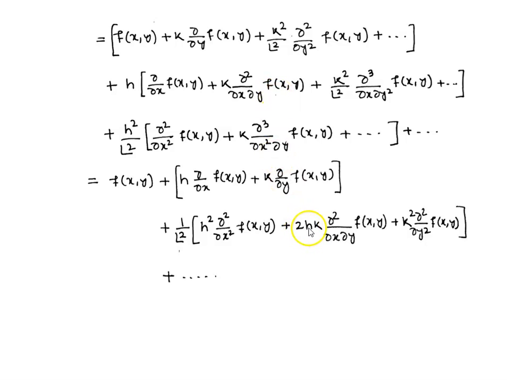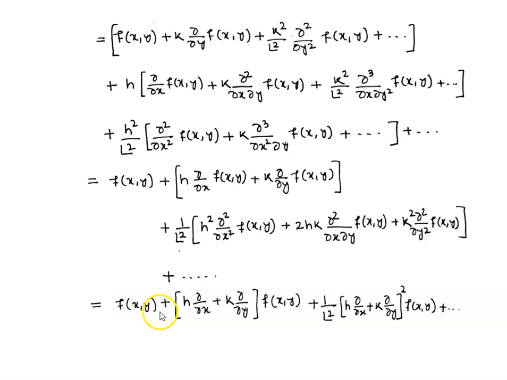So here we have 2hk ∂²/∂x∂y f(x,y). Similarly, taking 1 by factorial 2 common in the third term of the first line, we have k² ∂²/∂y² f(x,y). Here it is k² ∂²/∂y² f(x,y). So we continue in this manner. Now we have